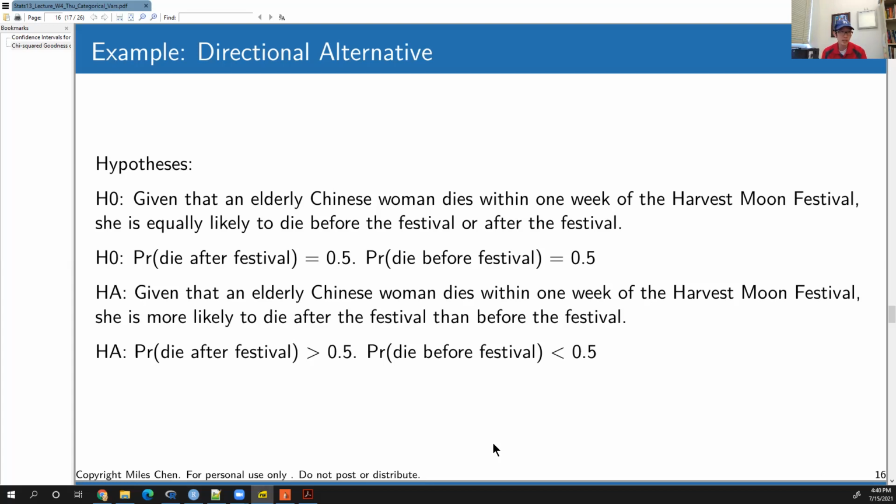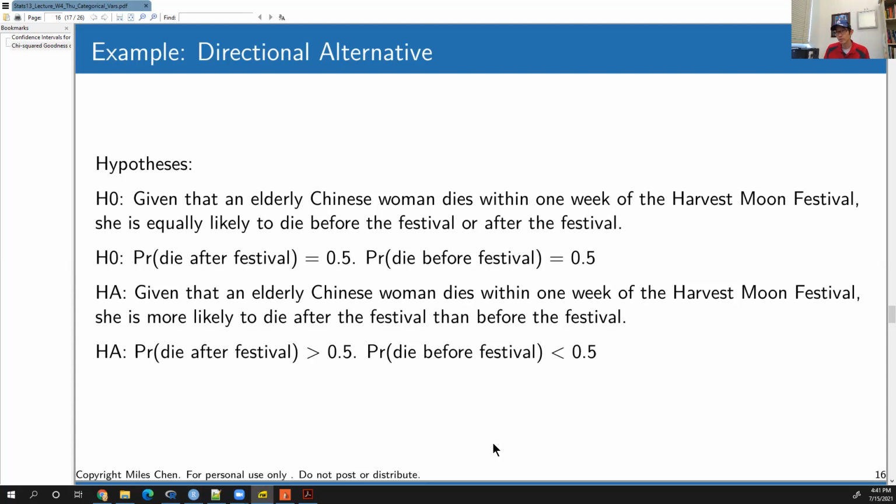The alternative, now we are going to use a directional hypothesis. And we're going to say, we don't know quite how it works, but we have a suspicion that these people are somehow able to hold on to life until after the festival. And therefore, that means they are more likely to die after the festival than they are to die before the festival. And so our alternative here, we would use a greater than sign. Probability of dying after the festival is greater than 0.5 versus the probability of dying before the festival will be